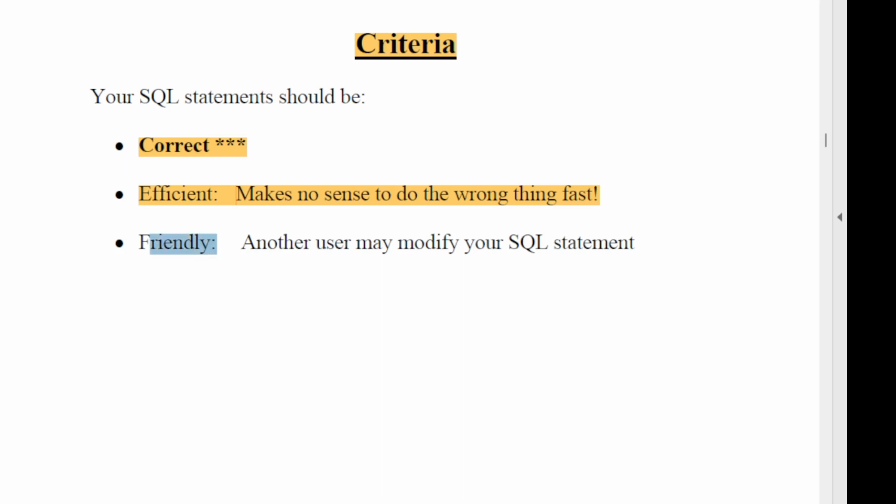Finally, when you write a more complex select statement, it might not be too friendly, and you might ask, is there a way I can make this more appealing so it will be easier to modify for somebody who comes after me and has to change this select statement for whatever reasons? We do not focus very much on friendliness in this set of videos. Occasionally, I make a comment on it. So what we'll do,